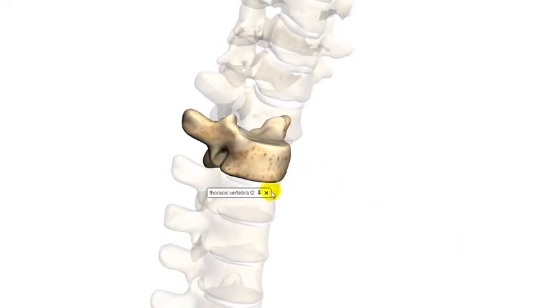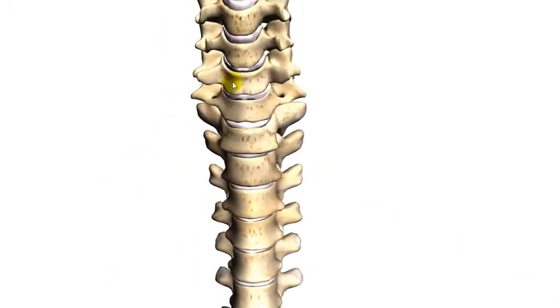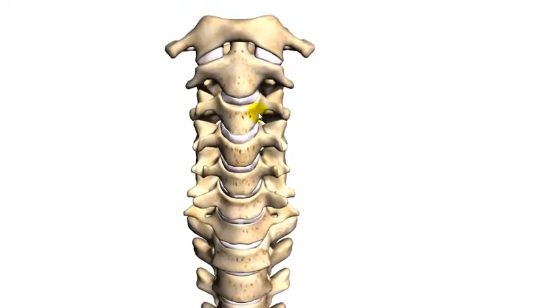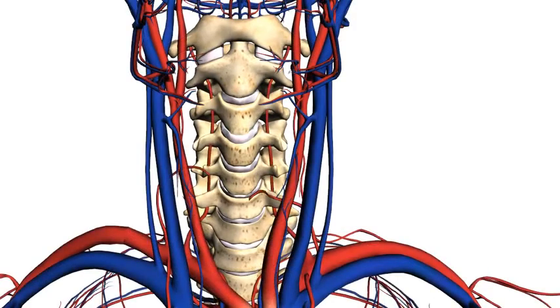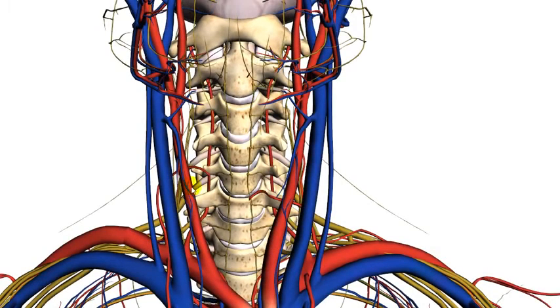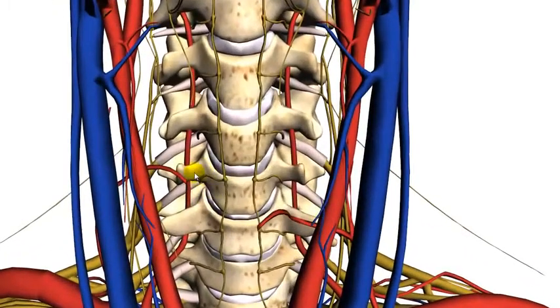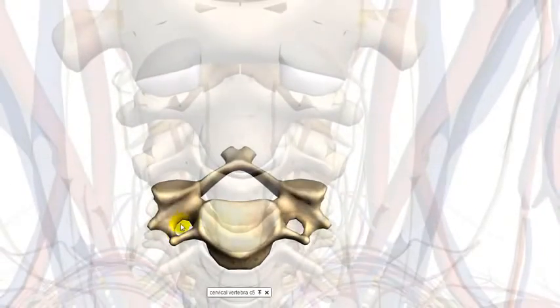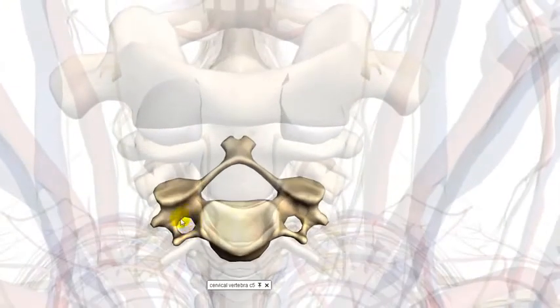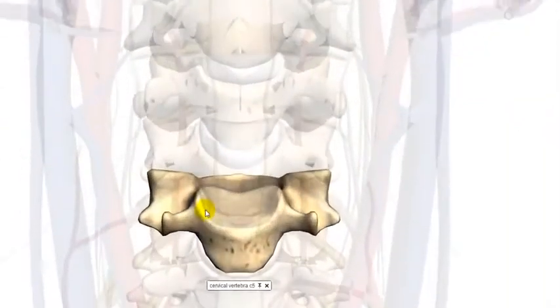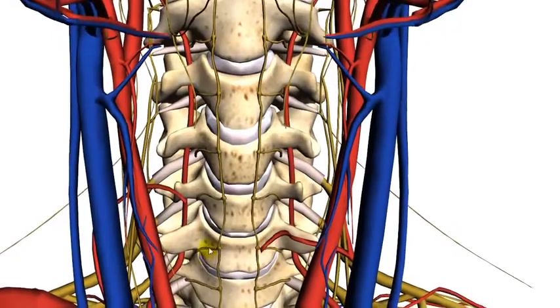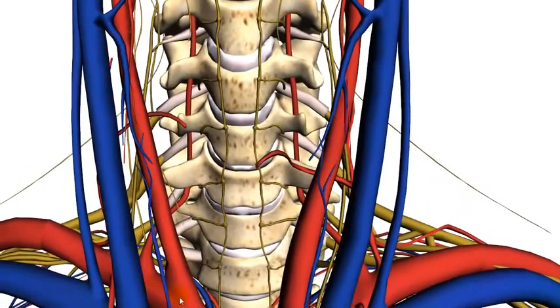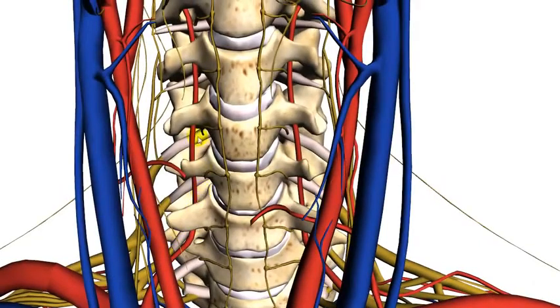I'll quickly show you how the spinal column relates to other structures. I'll bring back some blood vessels and some nerves. I showed you this cervical vertebra before, and you can see that because it's got these transverse foramen, and this is where the vertebral arteries run. You can see the vertebral artery coming off the subclavian and then running up through the transverse processes